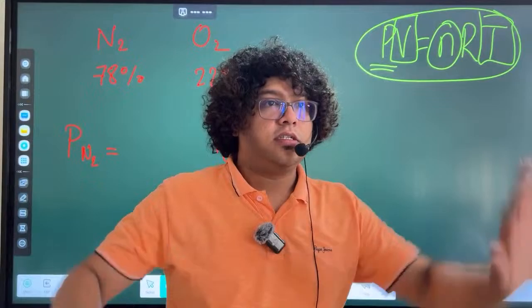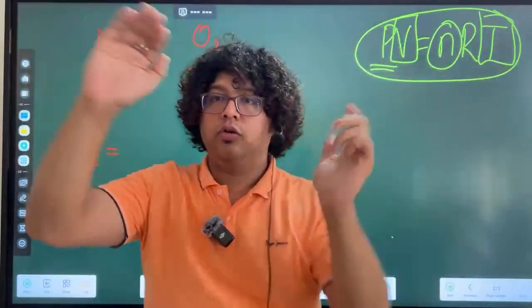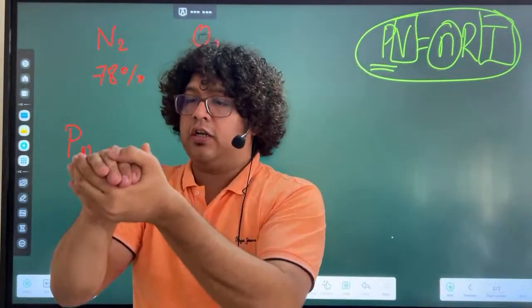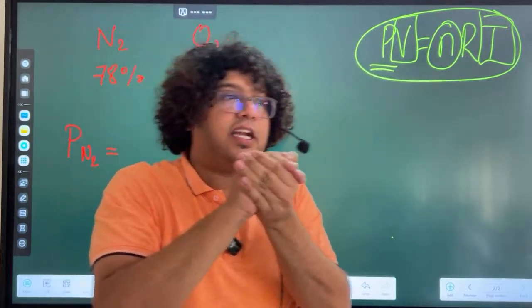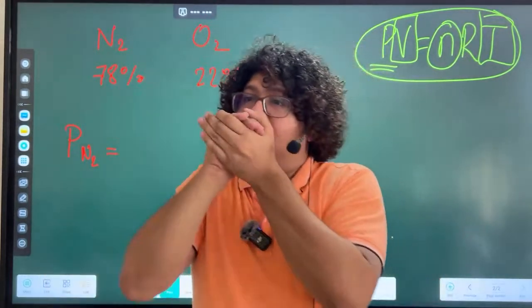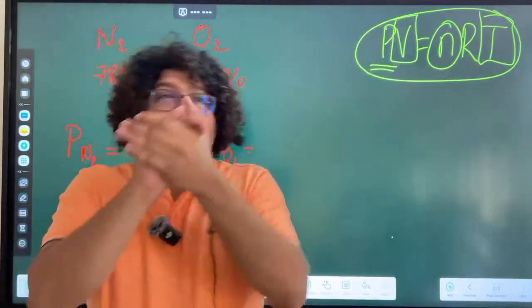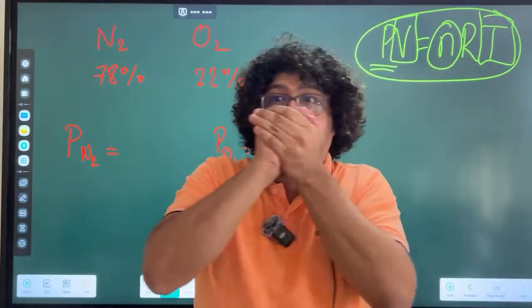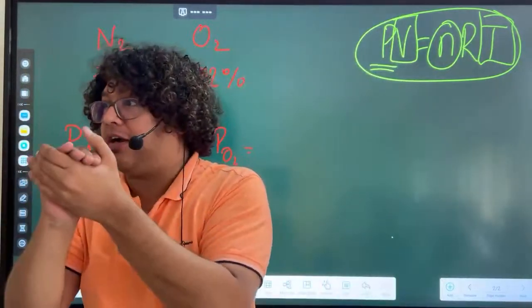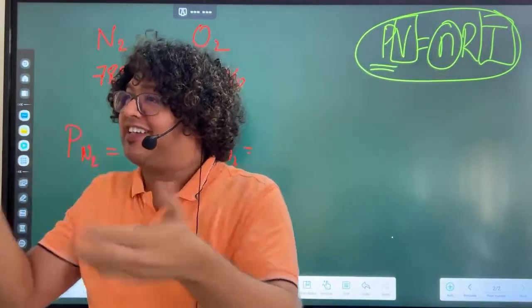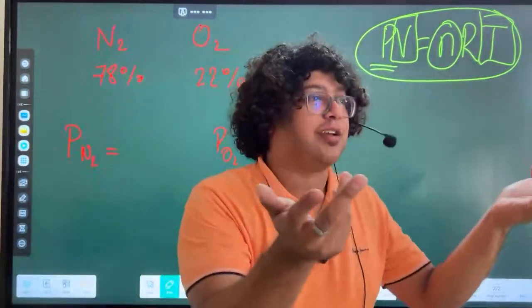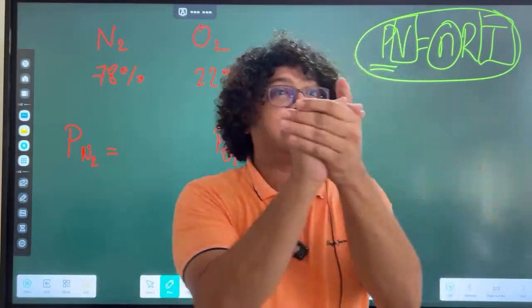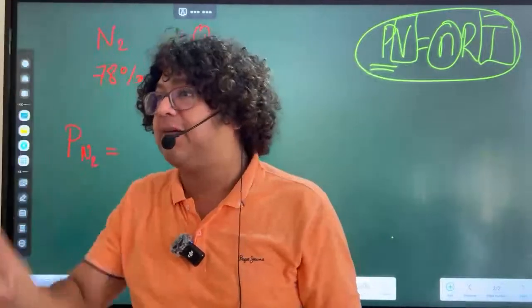You want to try this? Just take your hand, close it. Once you close it, try to blow air inside it. Try it. Close it. Air should not come out of this. It should not come out of any part. If it is coming out, then the system is not a closed system. It has to be a closed system. So inside a closed system, if you increase the number of